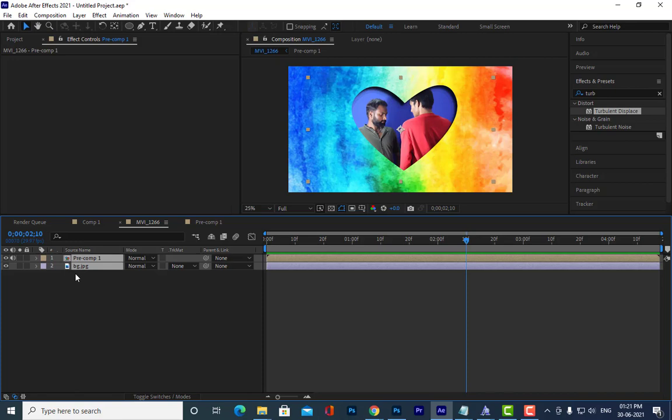Can you tell me, Bharat, Prashant and Nitin? I want to merge these two layers, which means creating one more composition. So what is the solution?